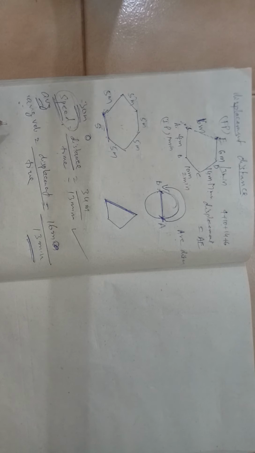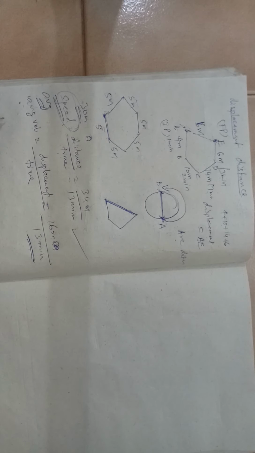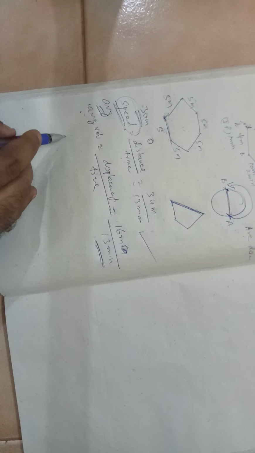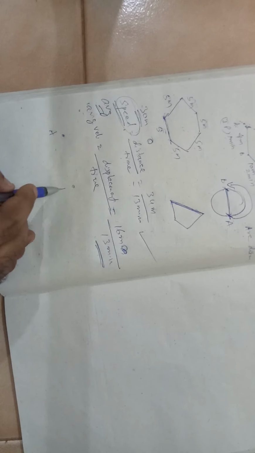So note the difference. What is the difference between average speed and the average velocity? Often these terms are confused, but in most of the questions, let us say a person starts from A, he comes to B. Here the distance and displacement are the same. So whether you use average velocity or average speed, both mean the same. Okay, so make a note of this point.